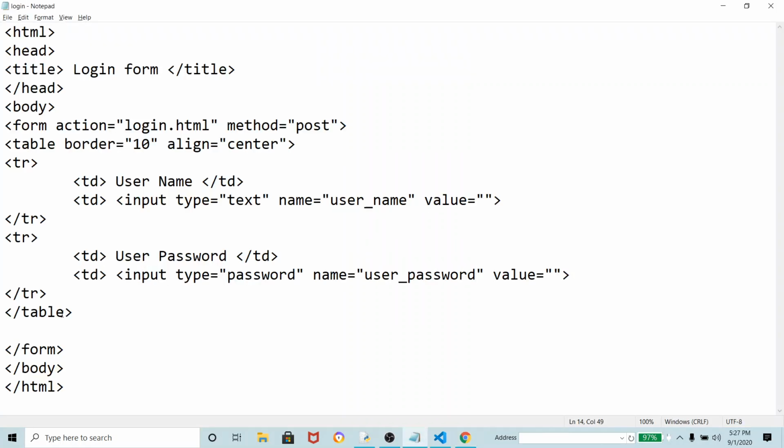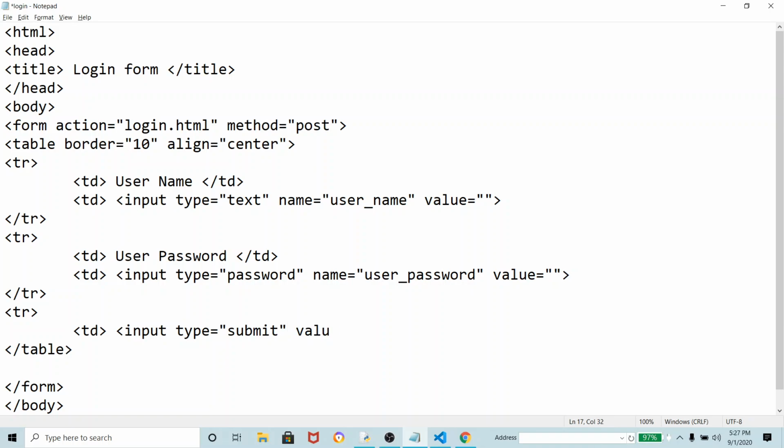Now look here, it is done. Now here what we have to do, again we have to create a row. So I will create tr, inside that again I will use td, and I will write input type is equal to submit, value is equal to login. Look here, type is equal to submit, whatever value you give here, it will show as the caption of the button.